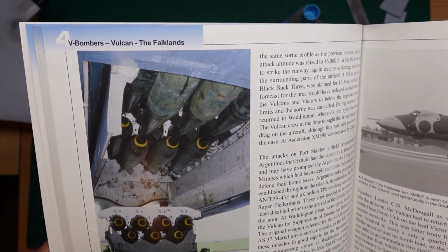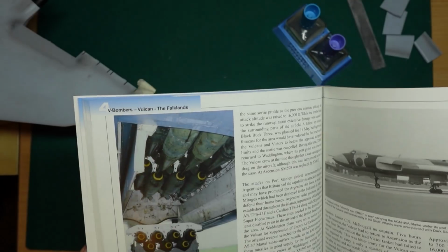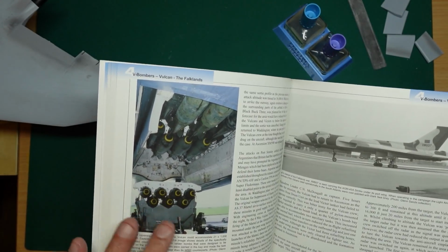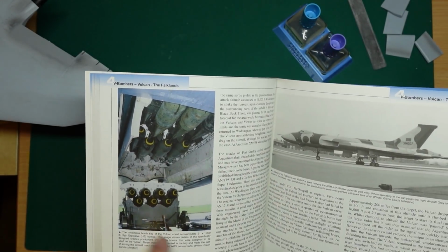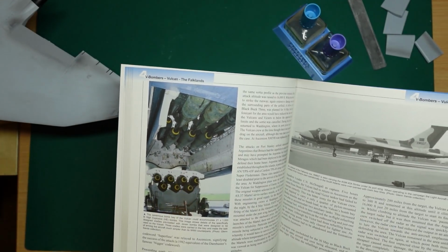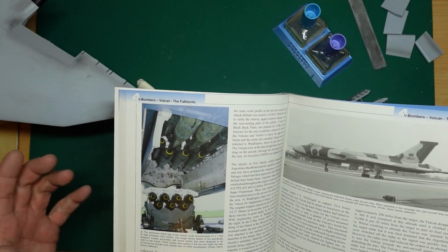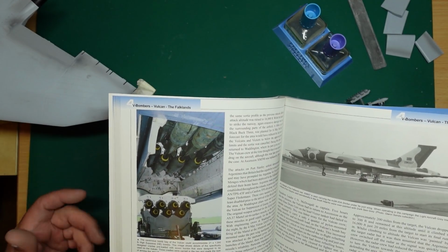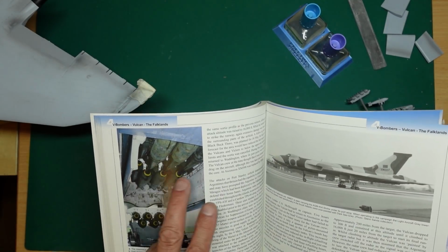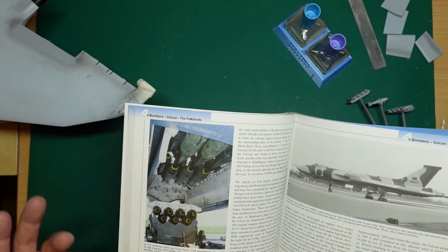So if we look in here, you can see that the bombs are two colours. Okay? So Andrew said, no, they're not. They're the same colour. So it turns out what happens, because Andrew knows about this stuff for reasons, basically, the tails are kept stored in boxes, so they remain this nice deep bronze green colour, the darker green, and they don't get used. So they don't get serviced, they don't get looked at, just stay in the boxes, so they stay this nice bright dark green colour. The bombs, however, are stored outside, so we'll get all sorts of weathering, they get sun